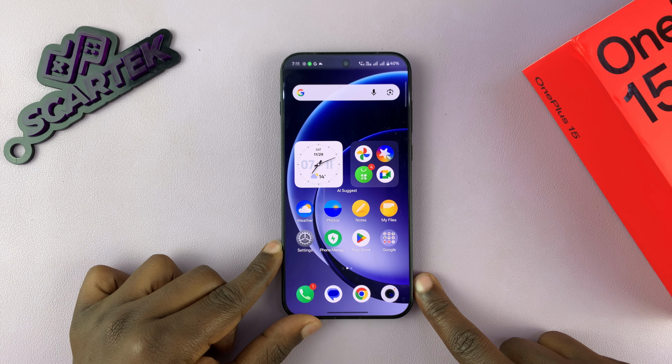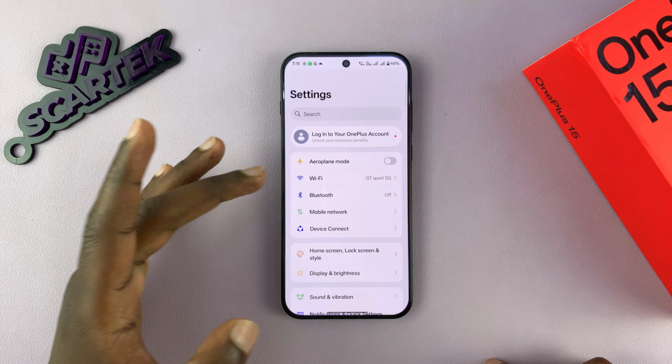So I've got the OnePlus 15, and let me show you how to change the font style and font size